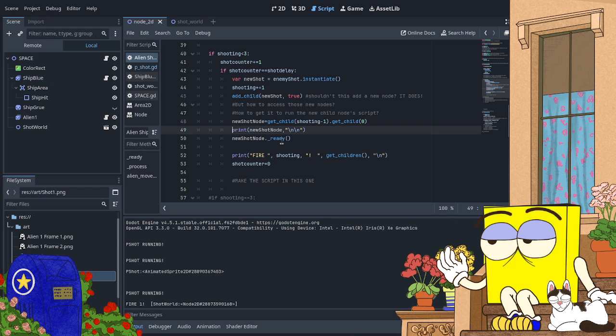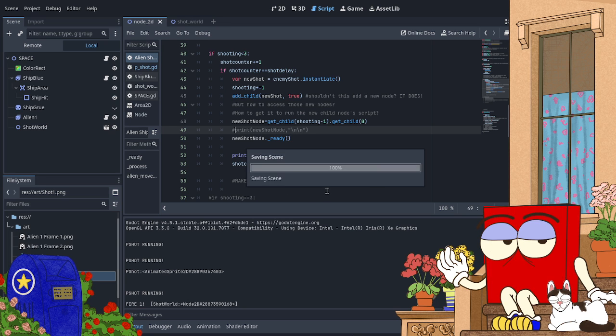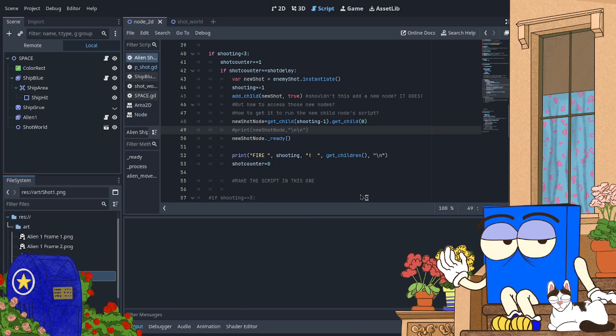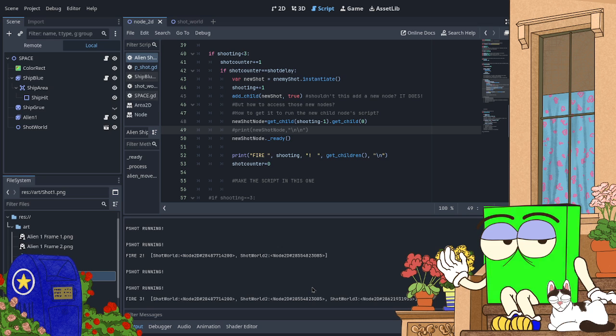Okay, I don't want to print this anymore. I just want to print fire. Okay, that's not quite what I want.